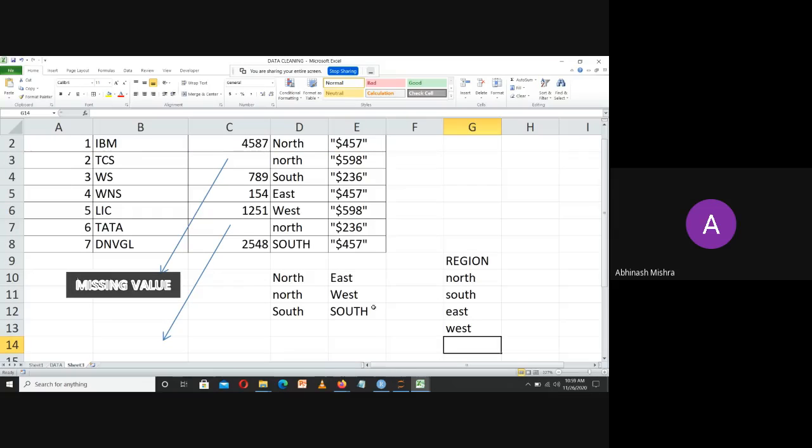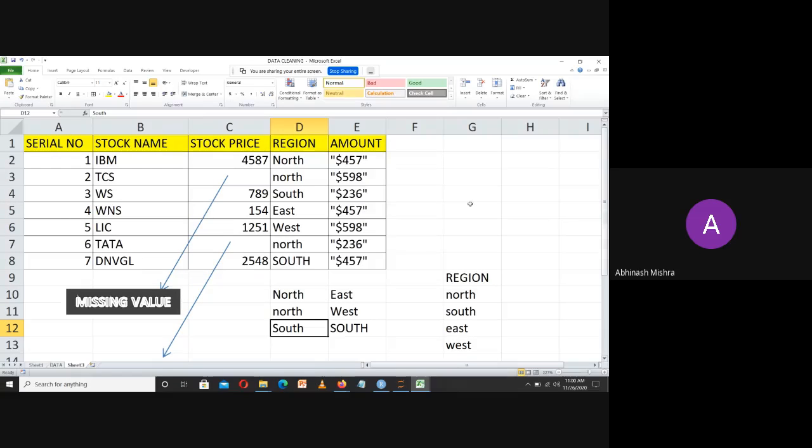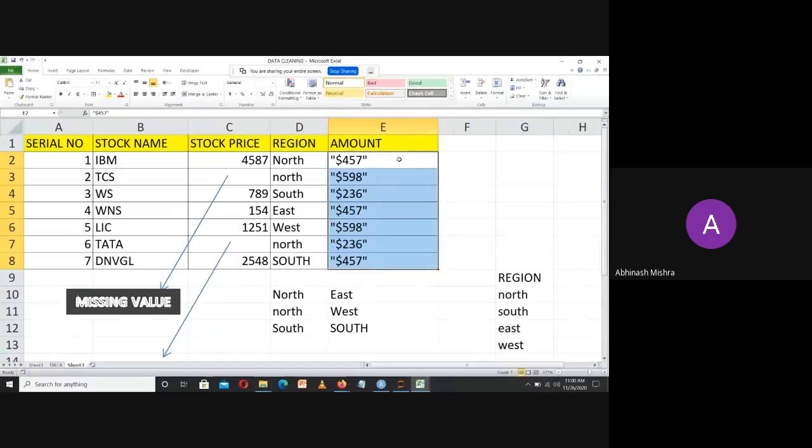Now what will my analysis think for this particular thing, and for this particular thing? These two things can also be understood as non-meaningful data. Now my objective is to get rid of these missing values, all the things which are up here. These cannot be used for any analysis because they are of string type, and you can see they are ended in quotes, within double quotes or single quotes.